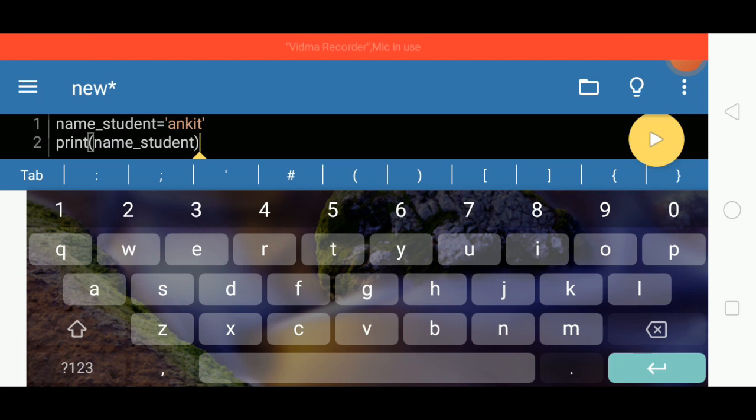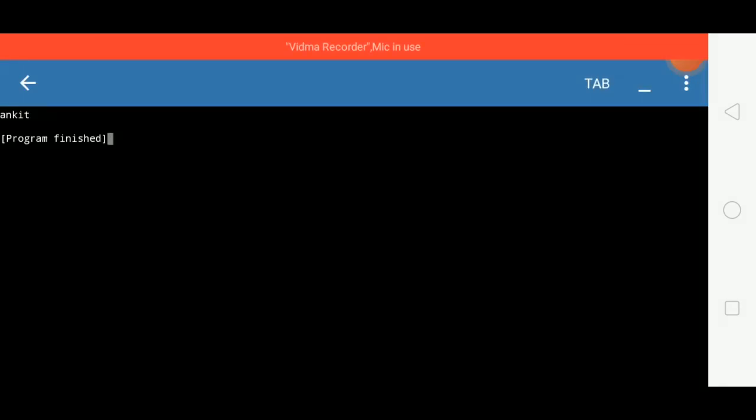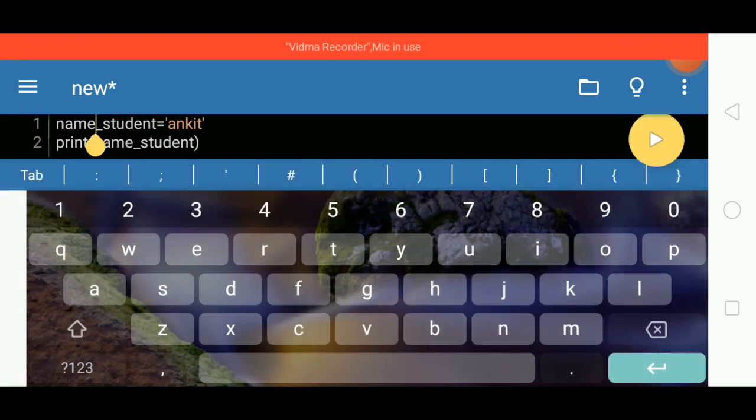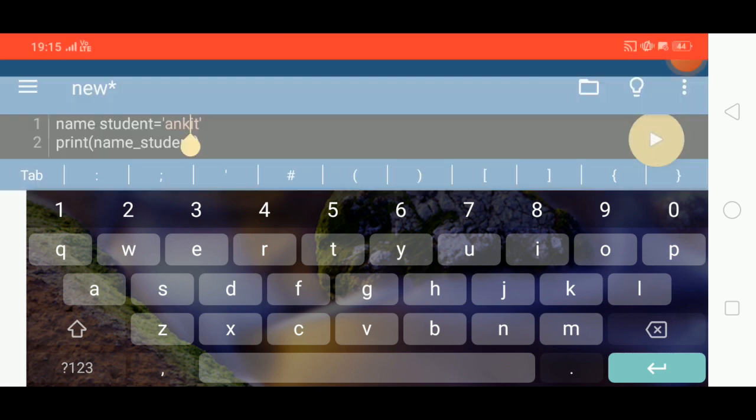Okay, and if I then run it, it's giving me Ankit and none of the errors occurred. So remember one thing, whenever you are assigning or making any variable, always remember not to leave spaces between the characters. Whenever you decide to give a space, always use this underscore. If you do not, see again, I am showing you, I have not given that underscore, and if I run it,